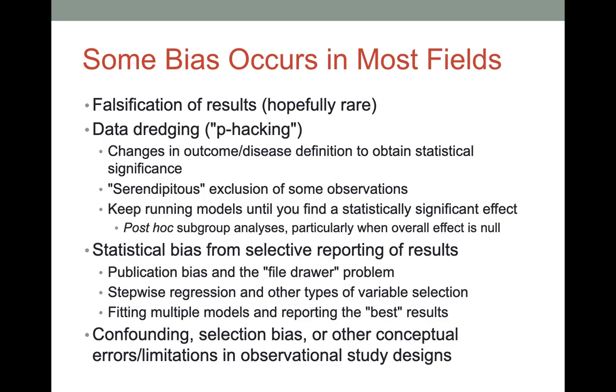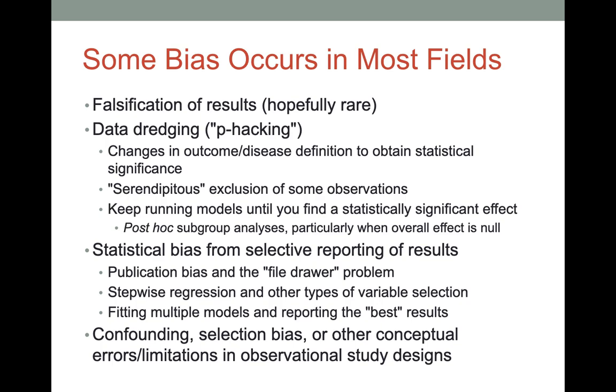This also includes excluding some observations, and I put serendipitous in quotes here because that's a generous way of viewing this. But again, if you just sort of start to now take out different data points and say, well, is it statistically significant if I exclude person number 1? How about if I exclude number 2? How about if I exclude number 3? And then you finally find some person or some combination of people that would give you p less than 0.05. Again, p-hacking, because you've now just sort of futzed with your analysis for the sole purpose of obtaining a statistically